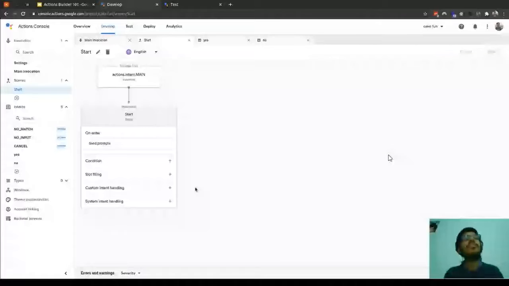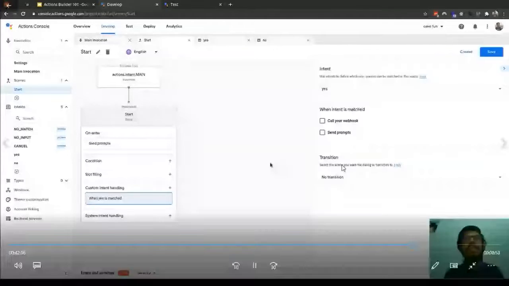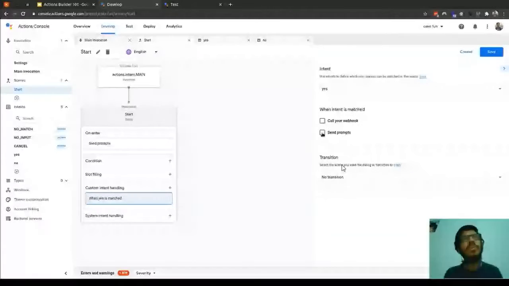Find the intent that we want it to handle. When I say select intent, let's select yes intent. And we can also send some prompts when the user is saying yes.